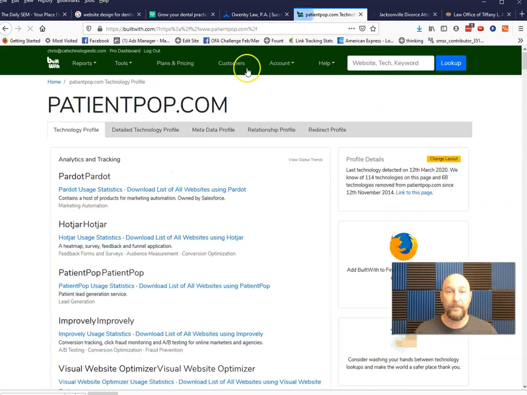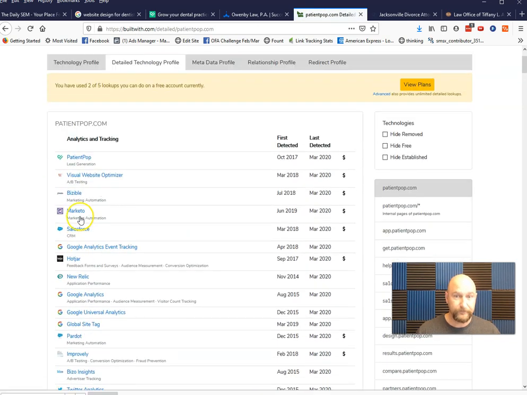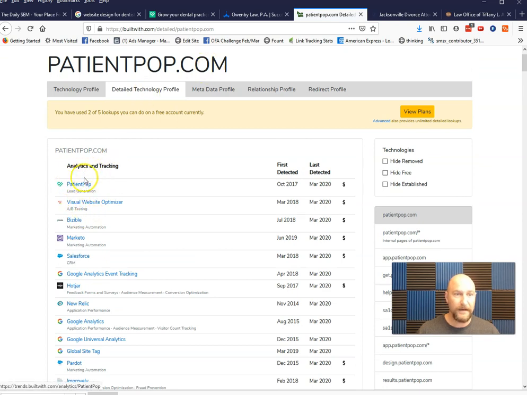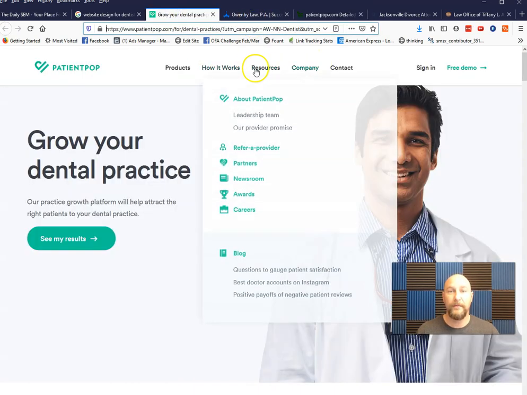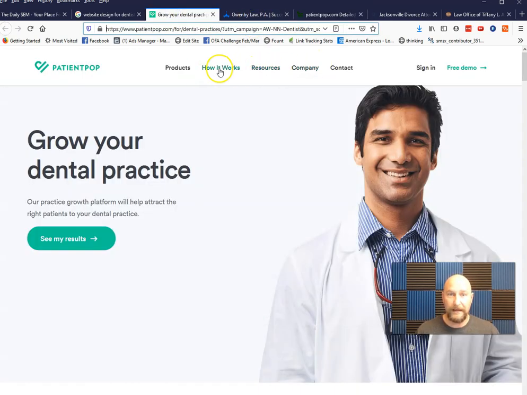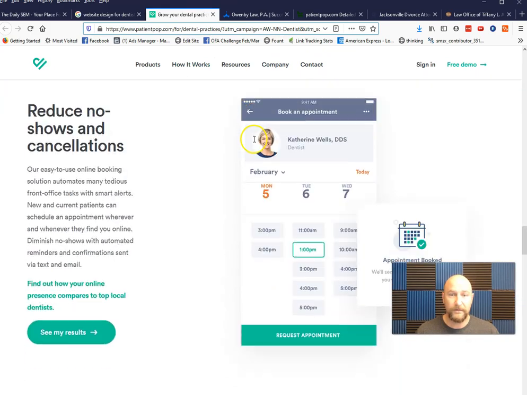Go and look at Patient Pop, right? And Patient Pop's probably going to give us a whole bunch of stuff. So again, we look up the site. Oh wait, I'm sorry. That's not what we want to do. I just wasted a thing there. We want to go to Patient Pop, and then we want to try to find some people that are using Patient Pop, right? So we want to scroll down,